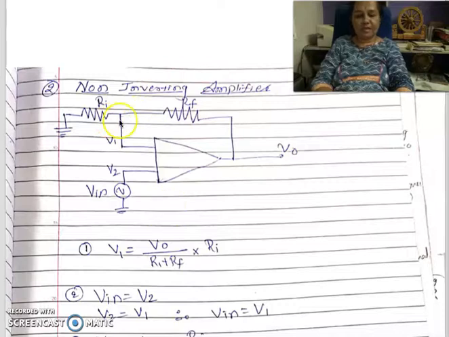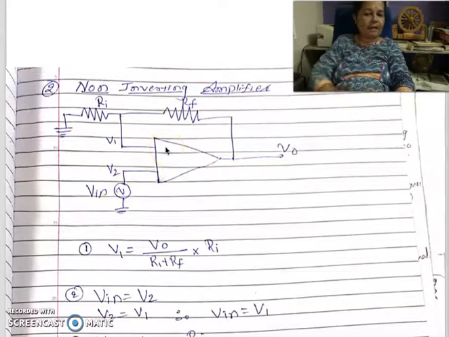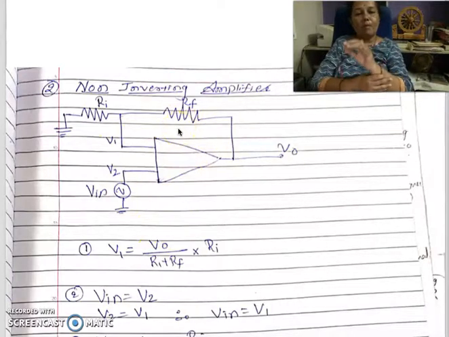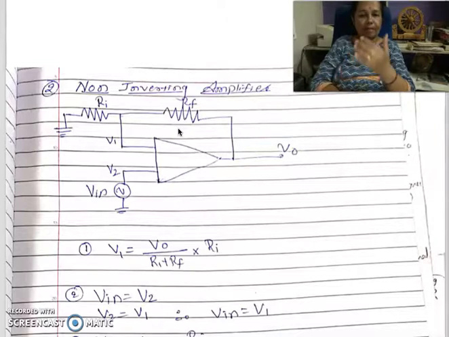This was the non-inverting amplifier. What happened? The input voltage was given to the non-inverting terminal. Here, please have the habit of marking the upper terminal as minus, the bottom as plus. Plus is the non-inverting terminal, the minus marked terminal is the inverting terminal. Okay, you know about this circuit, and a modification is done to this non-inverting amplifier. From that we are going to get the voltage follower.